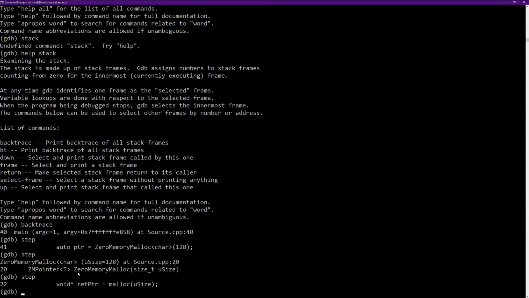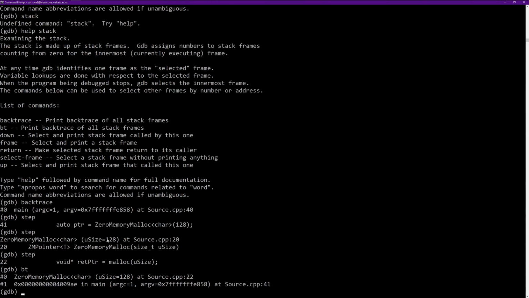We're currently stepping through the function that allocates memory and returns one of our templated pointers. It's line 22 of our source file. Now, if we were to write BT, which is the alias for backtrace, we will see two things in our stack frames. So stack frame 0 right now is memory malloc. This is our current frame